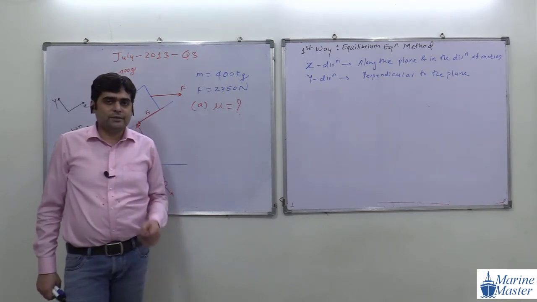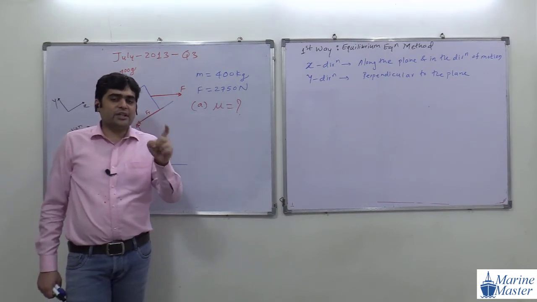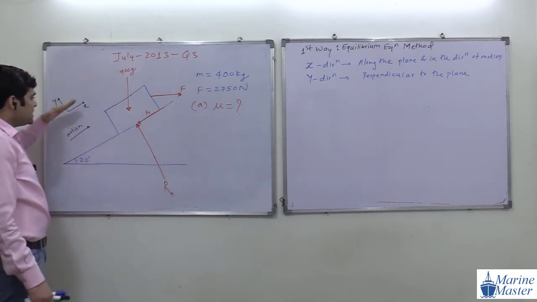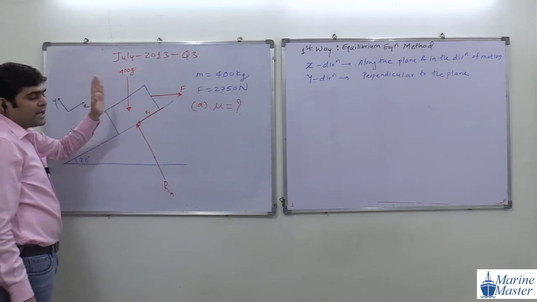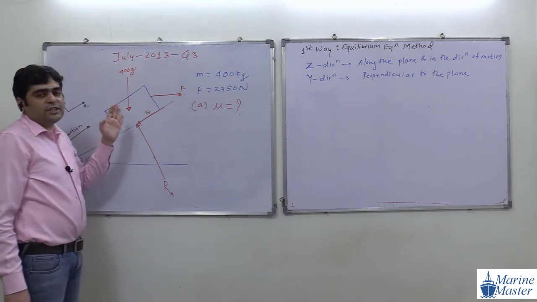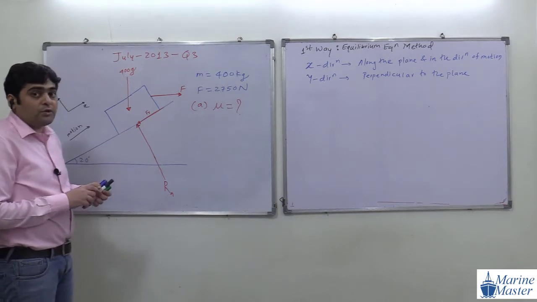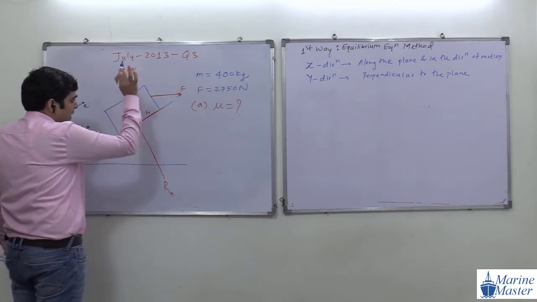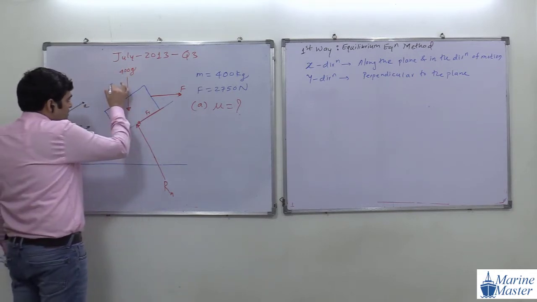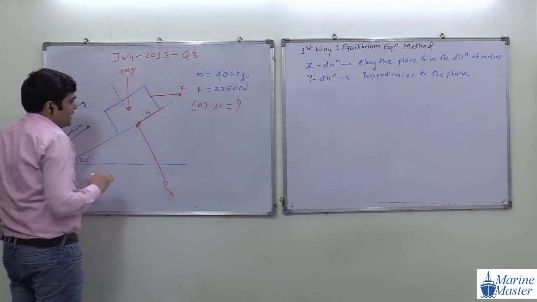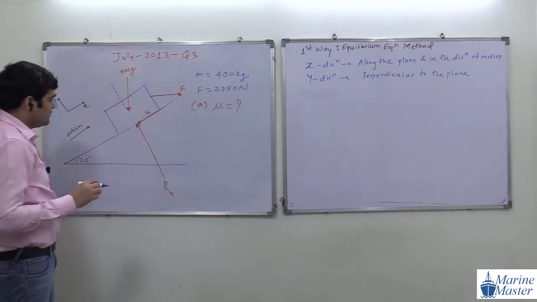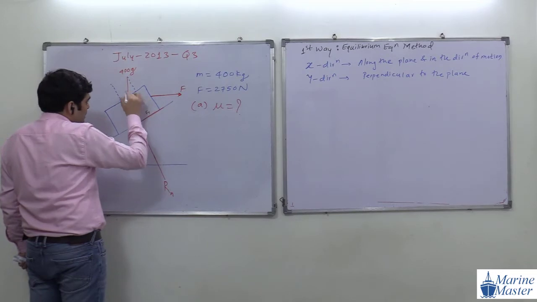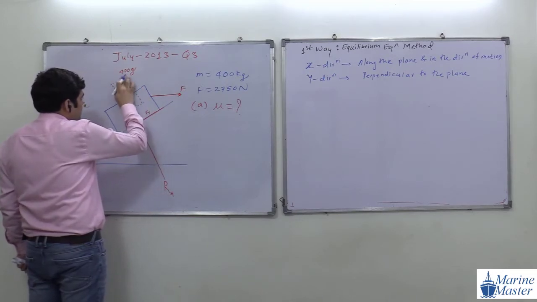What about 400g? It is neither in the x direction nor in the y direction, because it is vertical, and the y direction is perpendicular to the plane, the x direction along the plane. So in such a scenario, what do we have to do? We have to take its components. And how to take its components? We have to draw a rectangle. How to draw the rectangle? We draw one perpendicular line first to the plane like this, and another line parallel to the plane. See how I am going to take a component. So you got the rectangle.